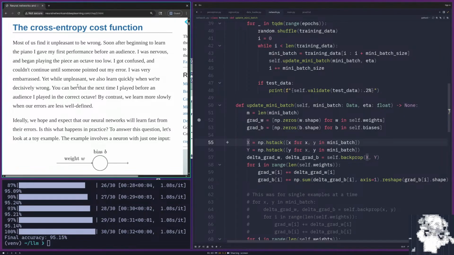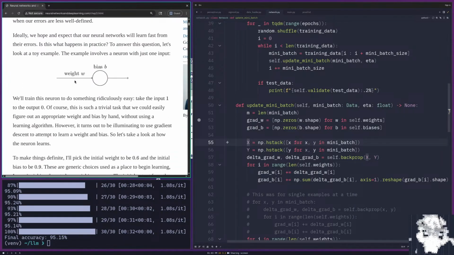By contrast, we learn more slowly when our errors are less well defined. Ideally, we hope and expect that our neural networks will learn fast from their errors. Is this what happens in practice? To answer this question, let's look at a toy example. The example involves a neuron with just one input, weight, bias, output. We'll train this neuron to do something